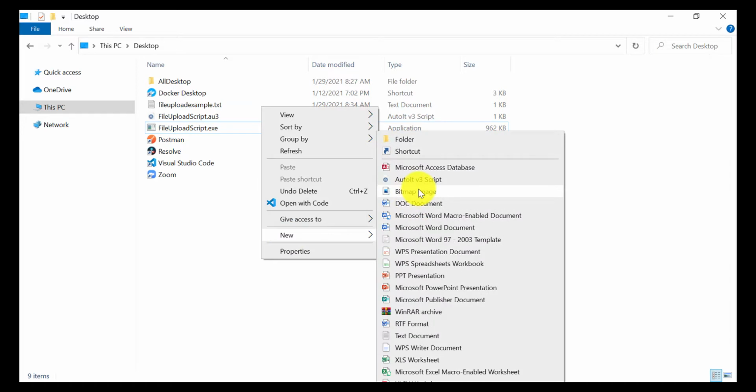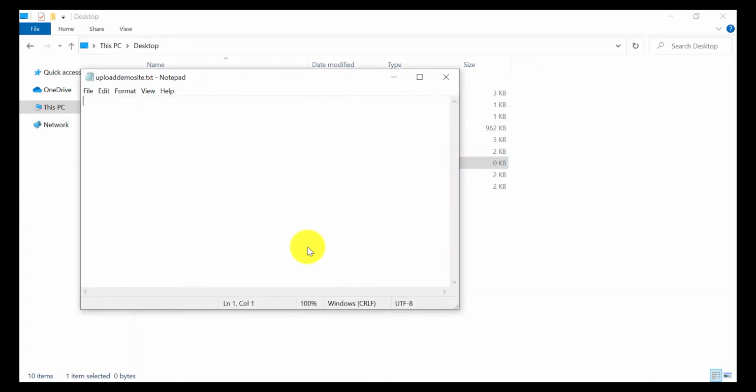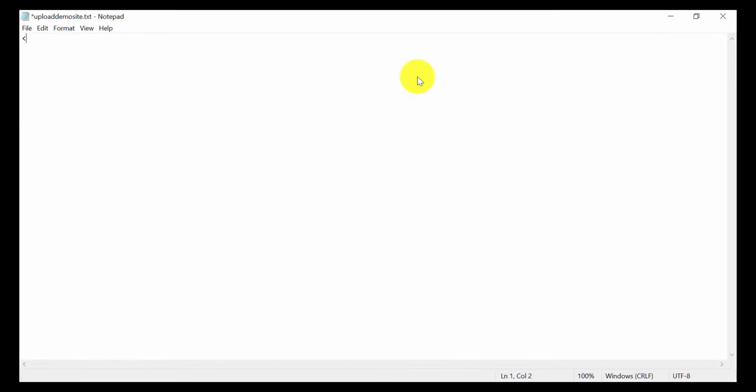Just create a notepad file, upload demo site, save it. Open it and just write input type equal to file. Make sure you give type equal to file, and then you can provide any other attribute, class equal to any value, let's say demo.